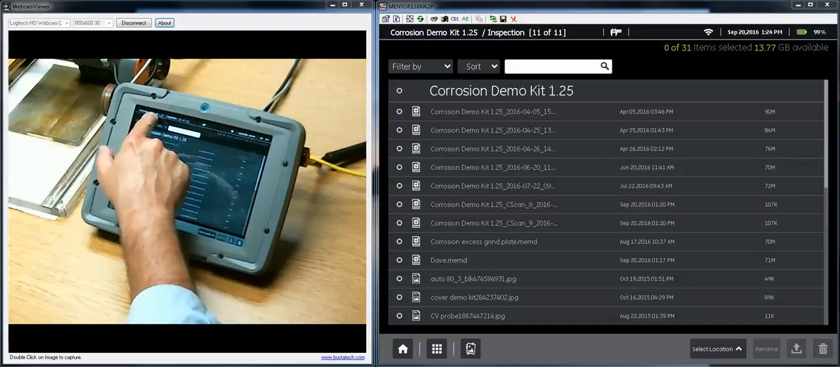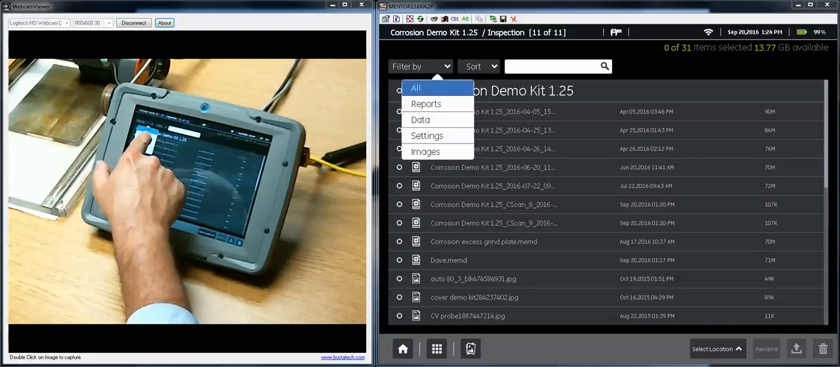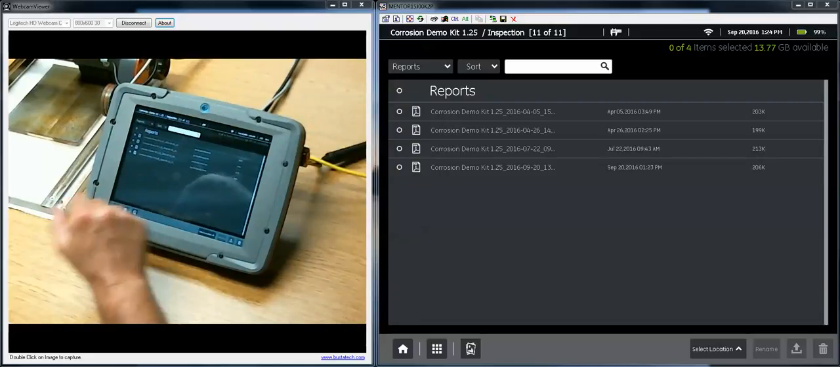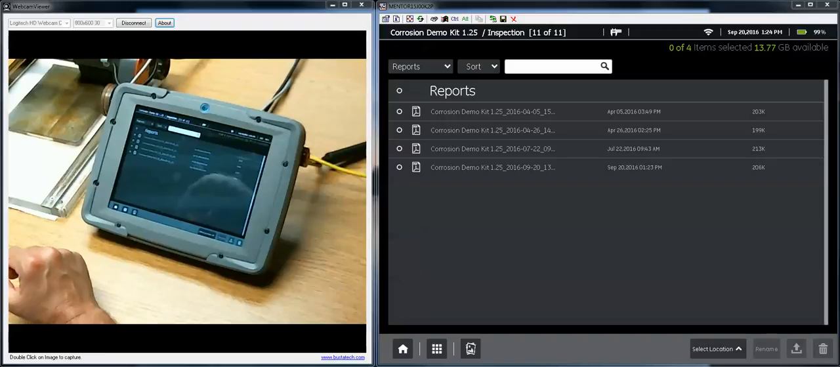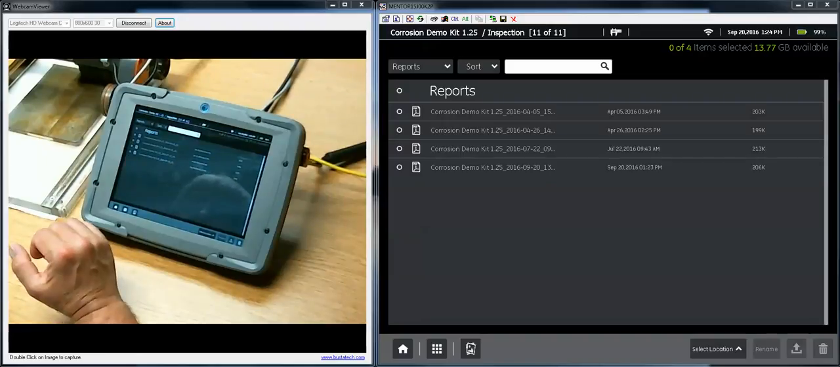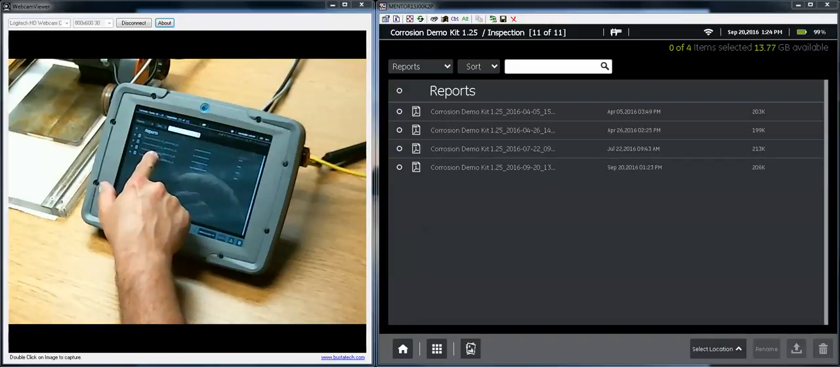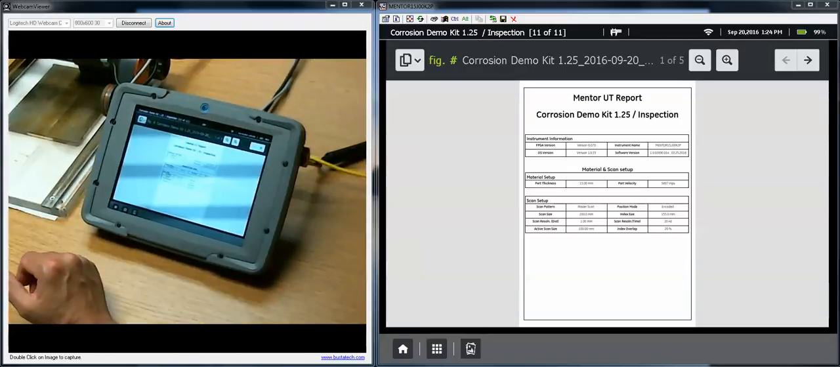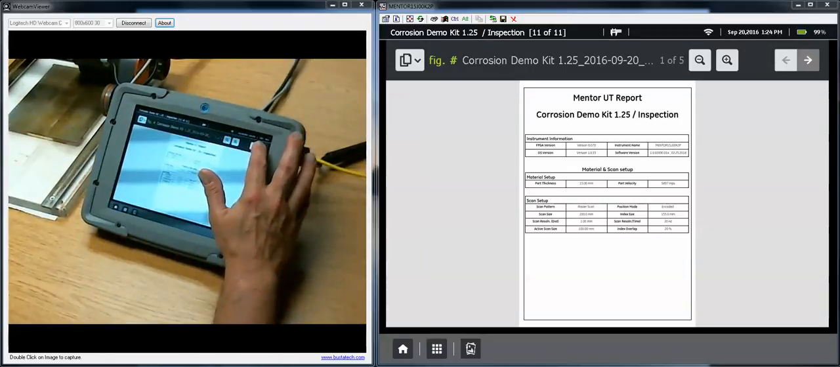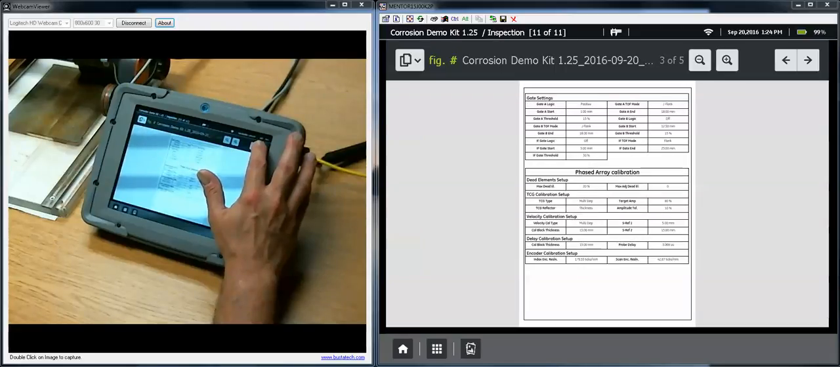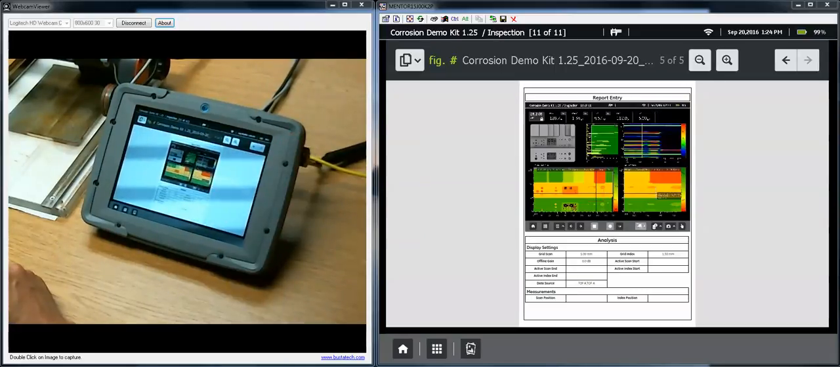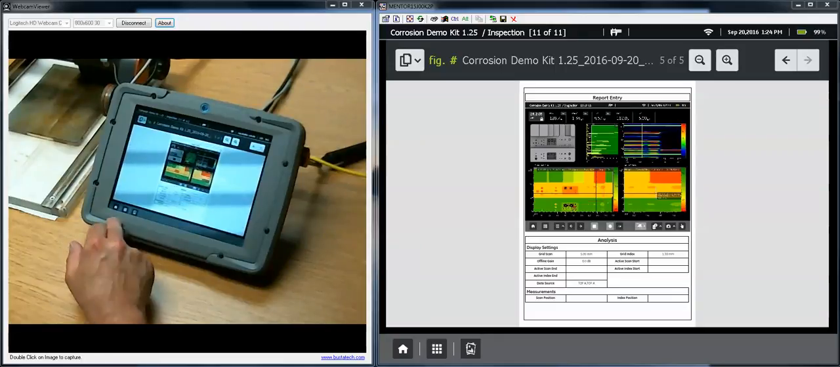If I go up here to the top and say just show me the reports, I can say filter, reports, and it gives me a list of the reports that I've created using this app. See, I have one here from September 20th. If I wanted to view that report here on the instrument, all I need to do is put my finger on the report and hold it for a second. It'll pop that report open in a PDF viewer. I can go from page to page. So I have all my instrument settings, and there's the screenshot that shows what we were looking at